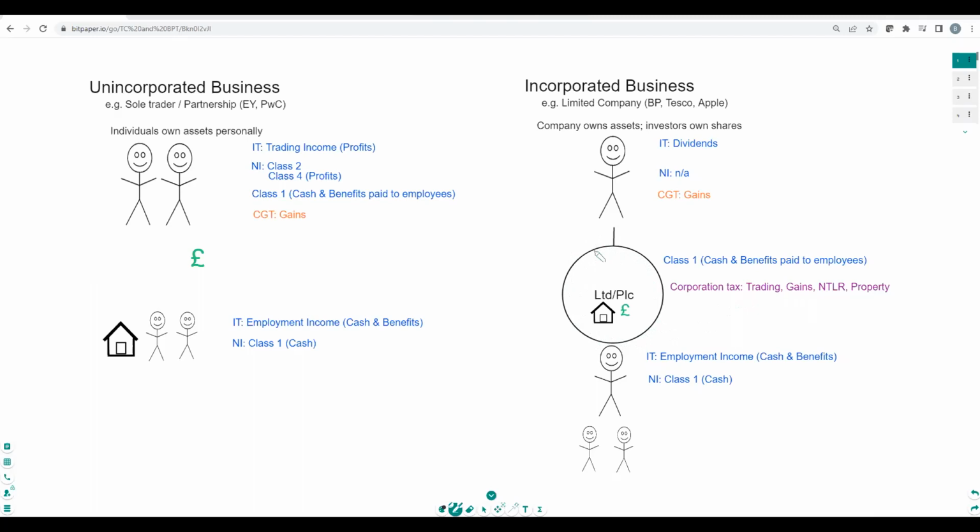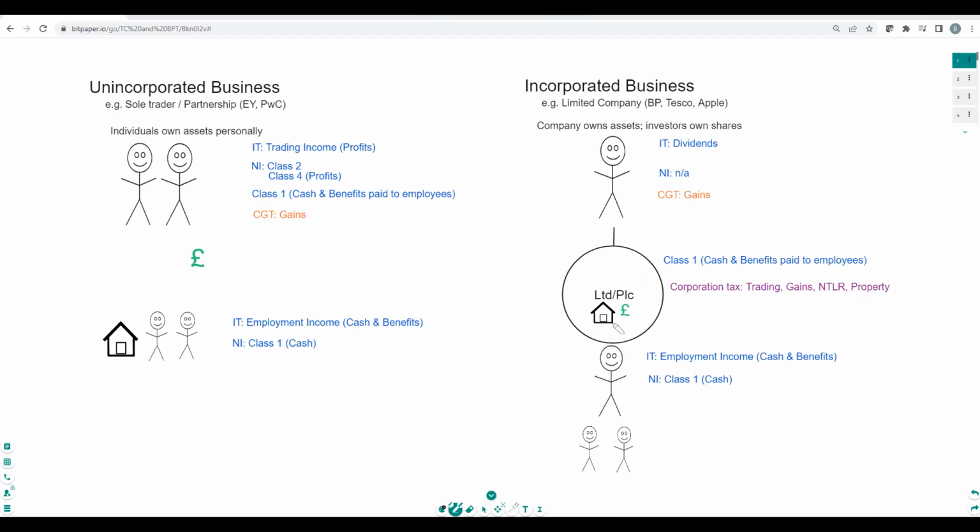So we'll just have a very quick recap here, where a limited company is a separate legal entity, separate from the owners, the shareholders, and just completely different to sole traders and partnerships who, of course, pay income tax. So that's the first thing to remember. Corporation tax is for companies.